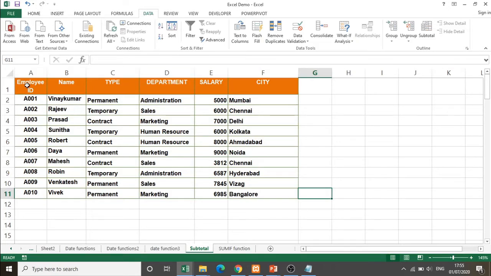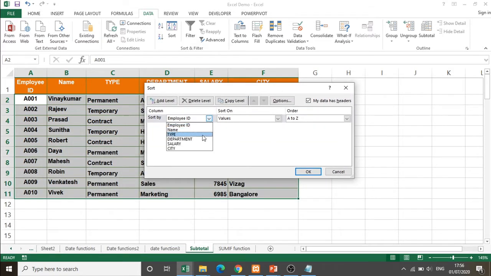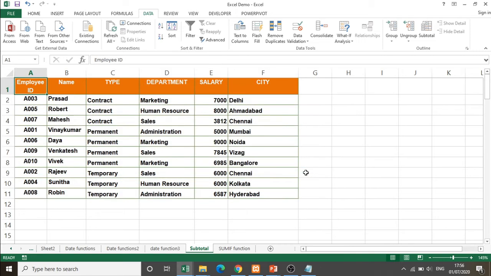Observe this table. In this table, we can find that the records are sorted based on employee ID. Suppose we want to group the elements based on type. We can follow a simple method: go to the sort option and custom sort. In that I will select the type of employment and click the OK button.